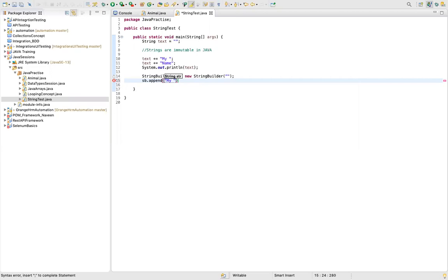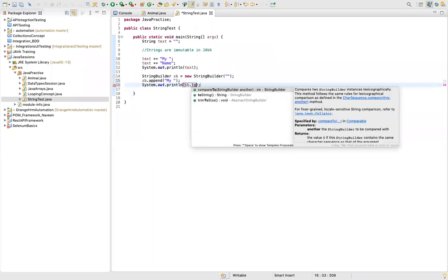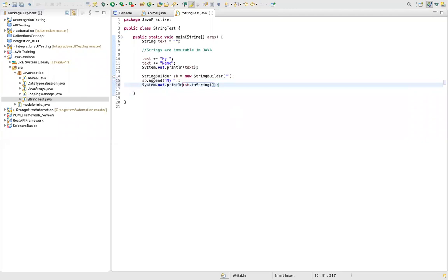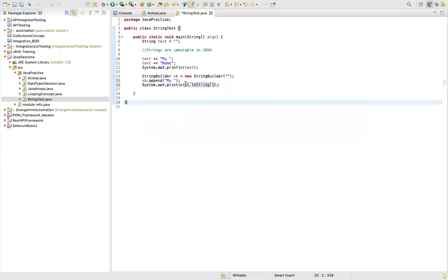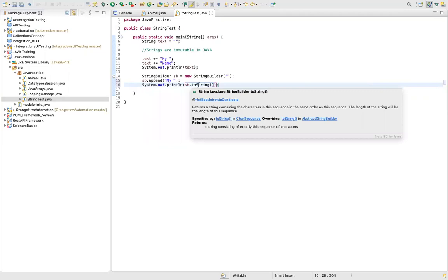Okay. So now when I say SB dot, this is a string builder, right? So SB dot append. What it is returning you, try to get the method from the Java, take the help of Java, this description over here gives you help. This is returning you a string builder, right? So what you can do is you can use this string builder and convert it to string. We saw this, right? toString. If you want to convert anything into string, you can use the toString inbuilt method from the string class.